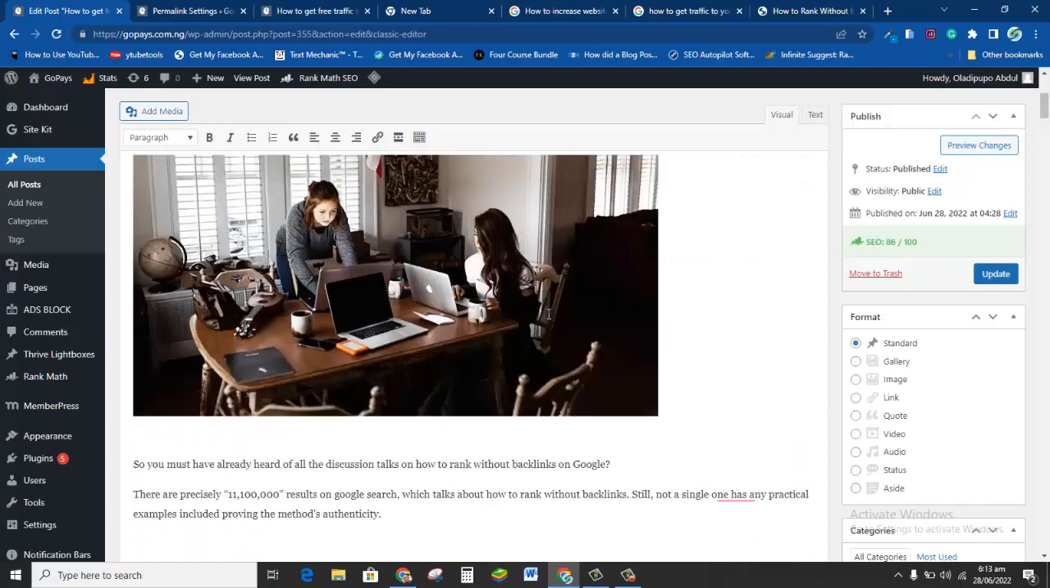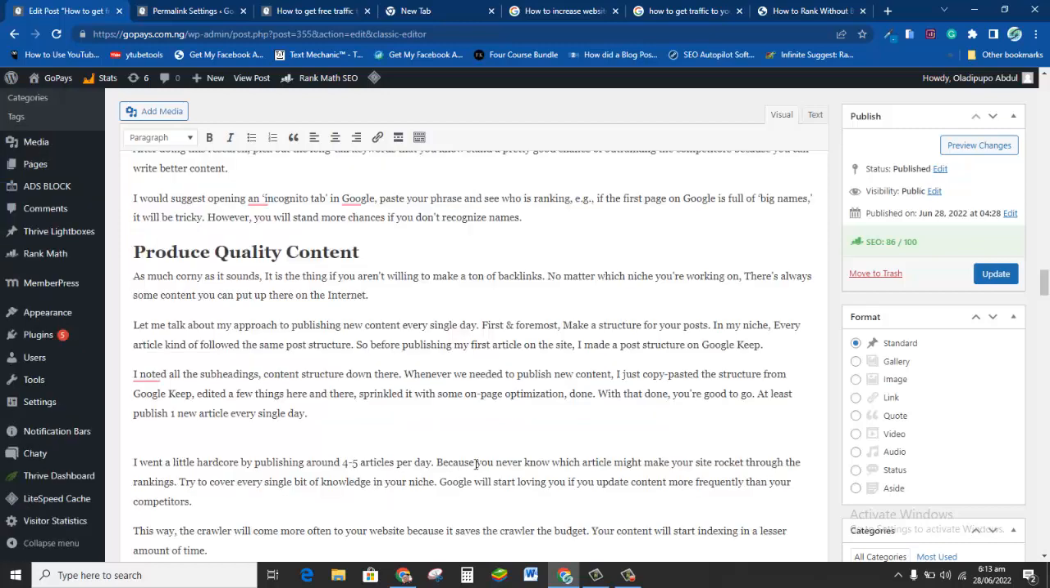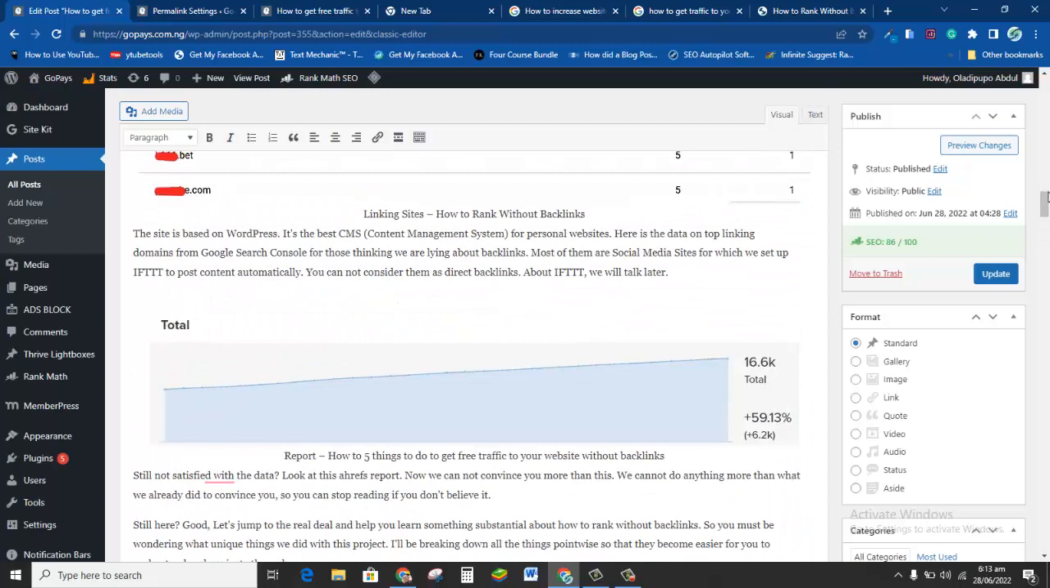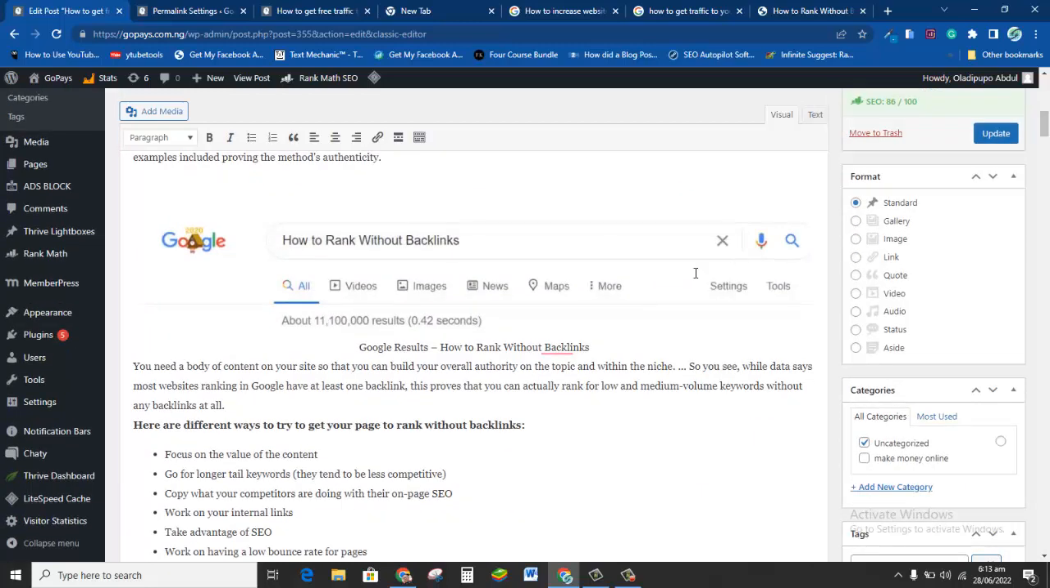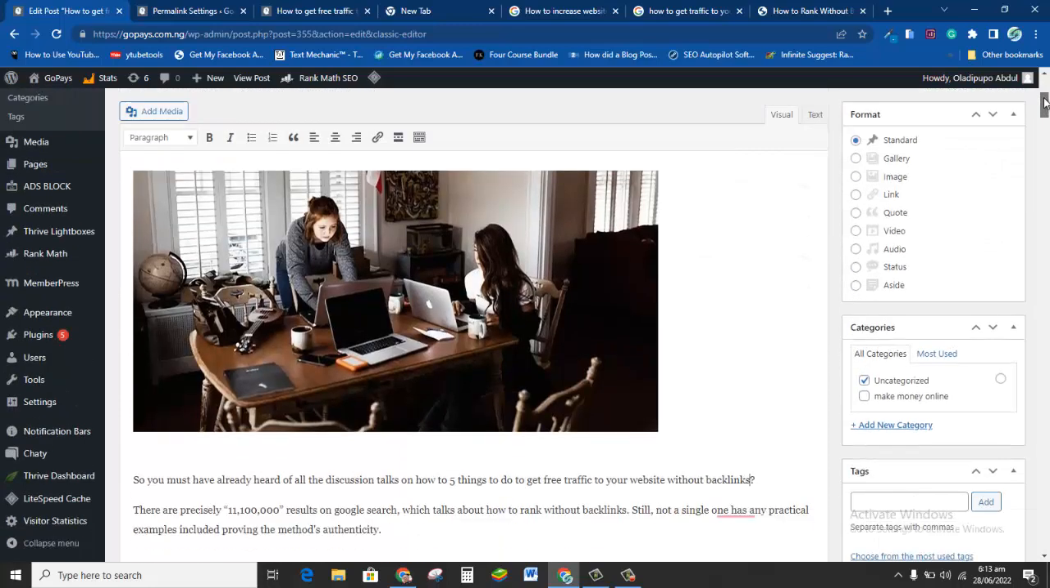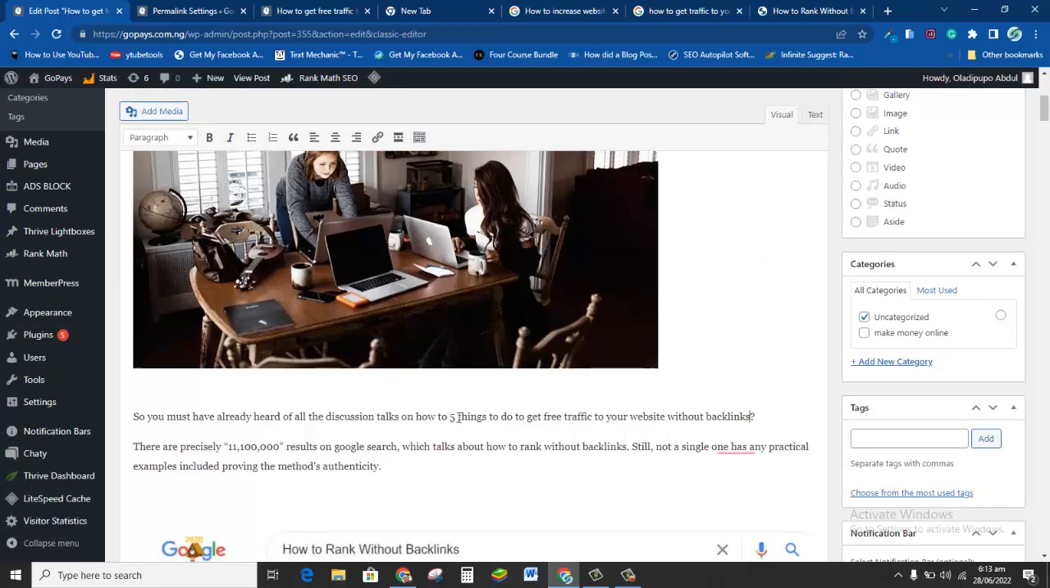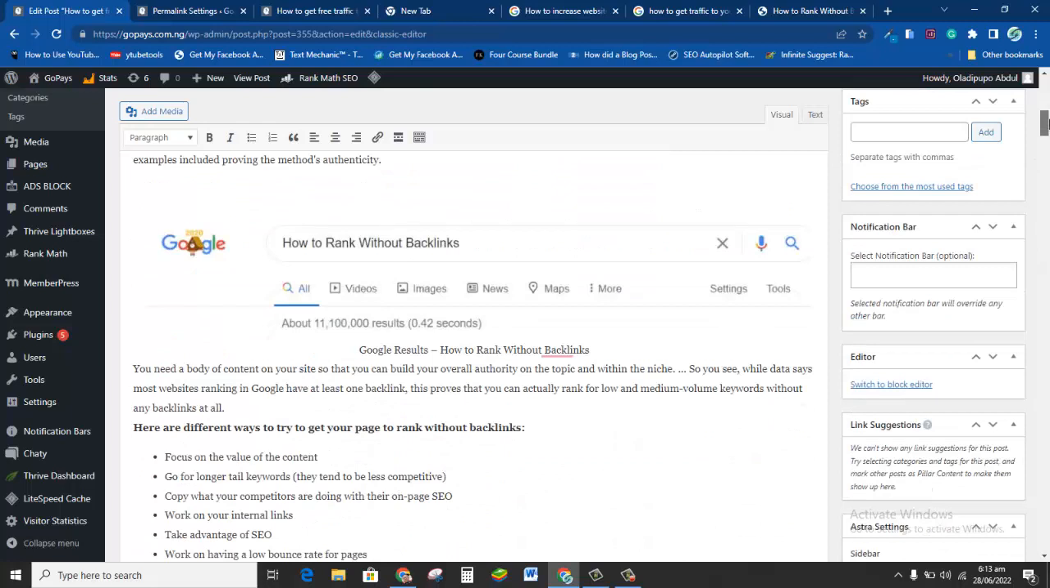So when you look at your content very well, you can just change that to how to rank, and talk on things on how to get free traffic. If you look at it already right now, there's a lot of ways I can keep on improving this. Look at it, how to get your page, how to rank without backlinks. I can still change this